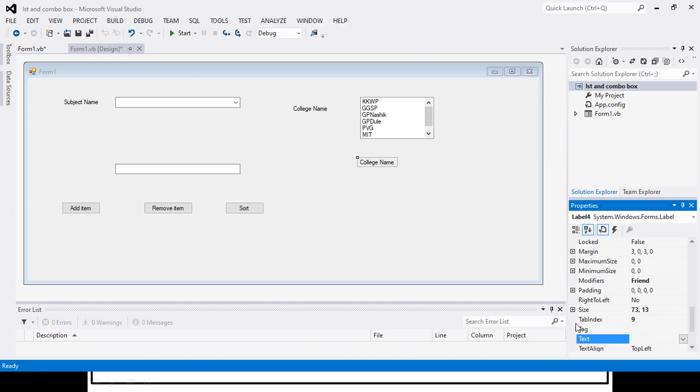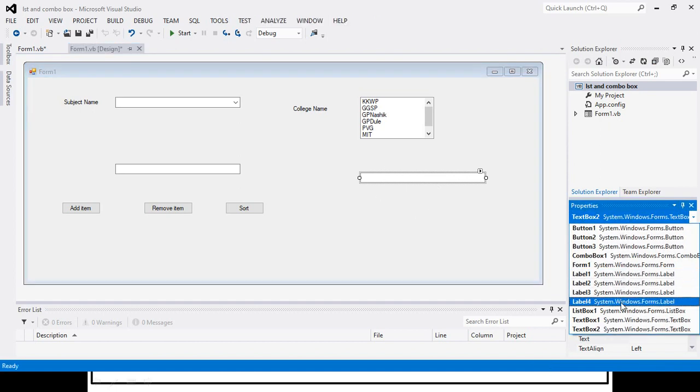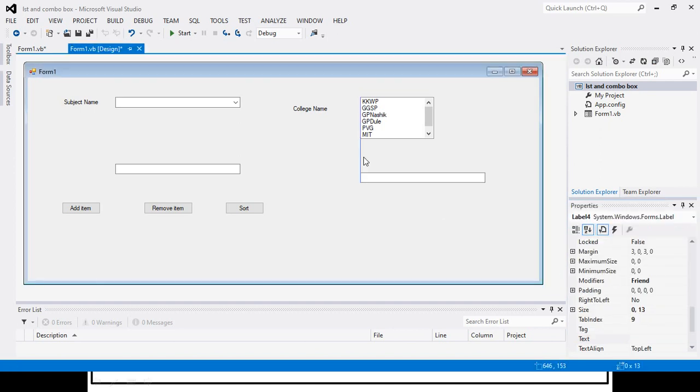Initially it will be blank, and here I will put a text box so that it will display the new item in it. So this is my label control. I will put it here.